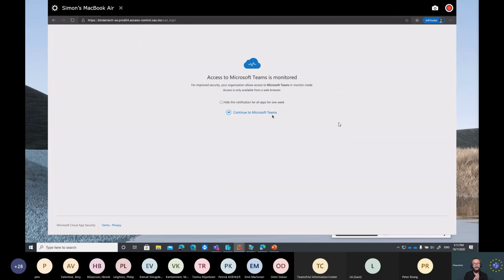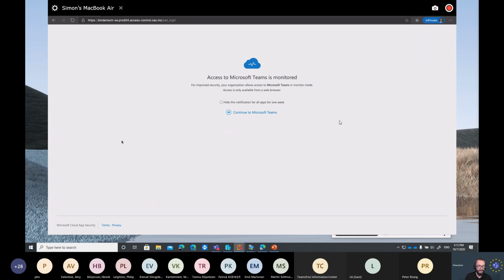So for this particular machine and my particular conditional access policies, I've configured that users shouldn't be allowed to access the Teams client on unmanaged devices or on particular operating systems. The only way they can access Microsoft Teams on those devices is by using the browser. And if they do, they are passed through Cloud App Security, which allows us to set a number of different policies on their session as such. And we'll go into detail on that when we come to Linux as well.